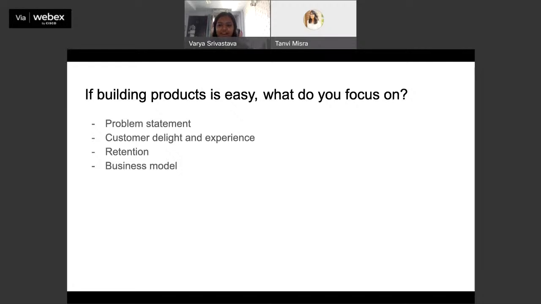What do you focus on, and what is then the entire premise of building products if it is not technical competency? Because for a very long time, building great products was about having great technical competency. Now that that's not completely true, what do you think about?